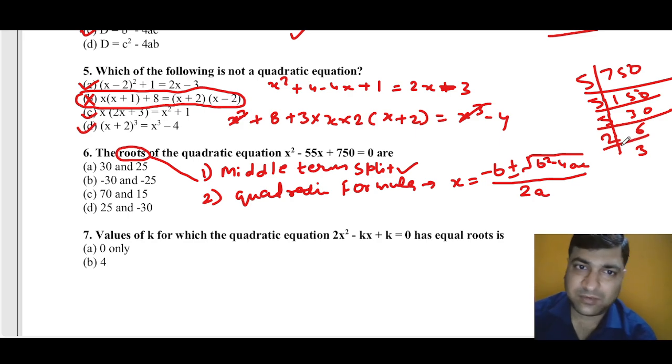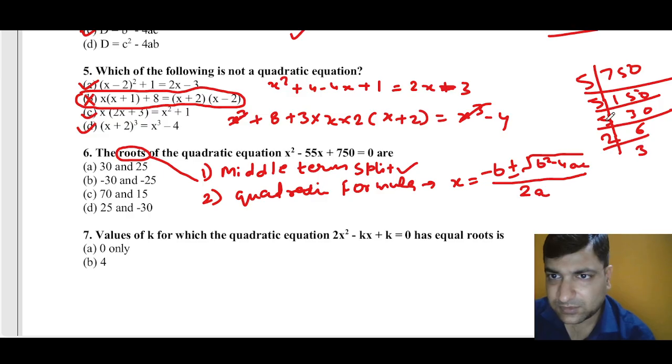When we multiply two numbers, we will get 750. So what are these numbers? So 5 5s are 25 into 2, 50, and multiply by 15. So 50 and